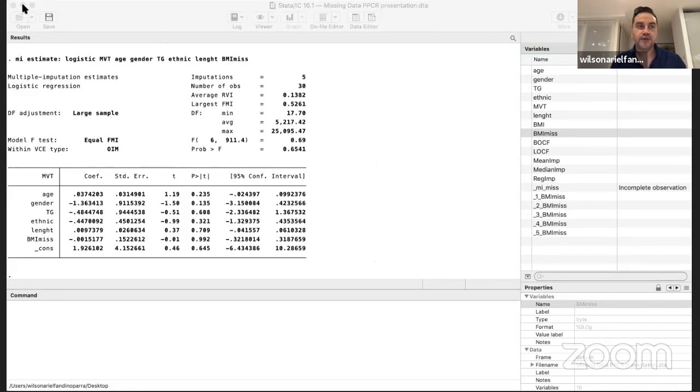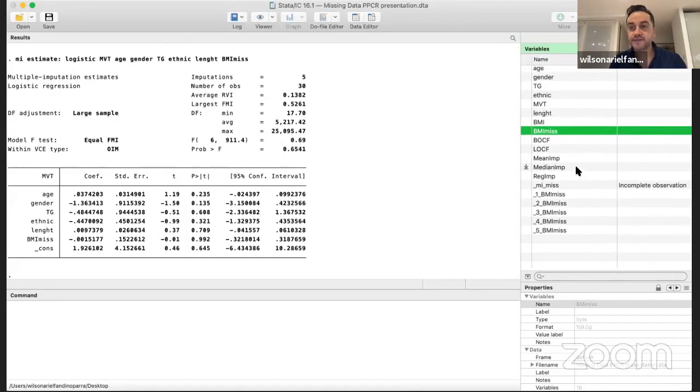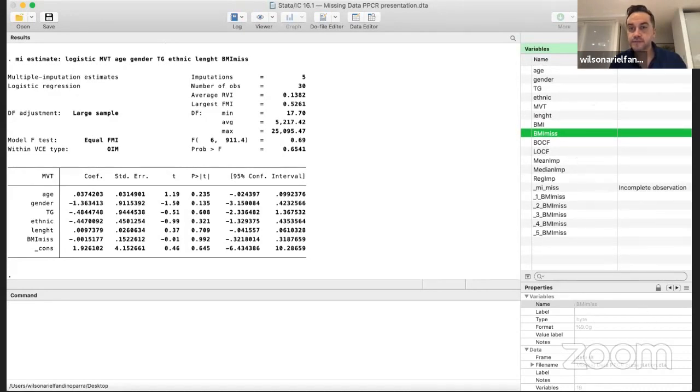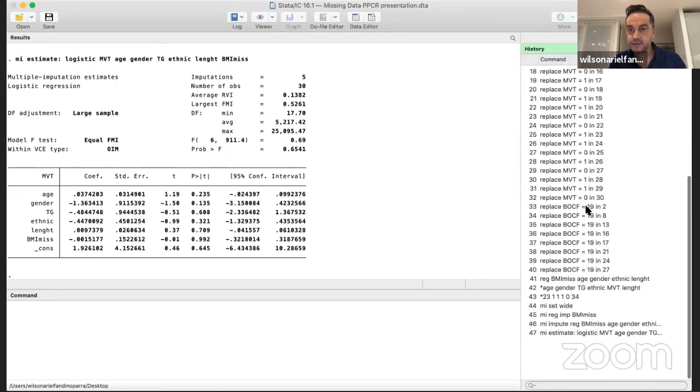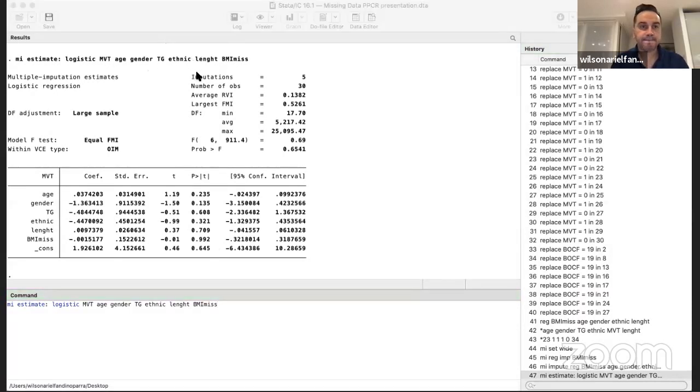So for the sensitivity analysis, one way to do this would be to repeat this command, but not with the BMI miss, but with the, what was that? Oh, sorry, with